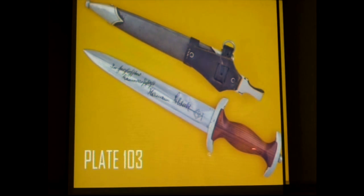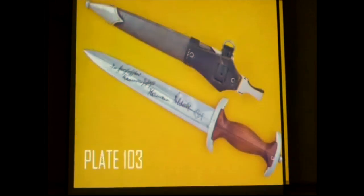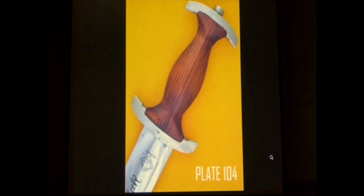And look at the killer grip on that. Give us a close-up of that shot, John. Look at that baby. Isn't that beautiful? Really beautiful. Great dagger. Another shot of it. Okay? There you go. It'd be hard to pass that one up, wouldn't it? Oh boy. Beautiful. Okay, this holds the record for the longest...